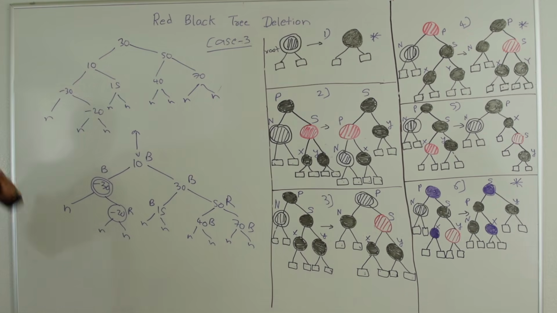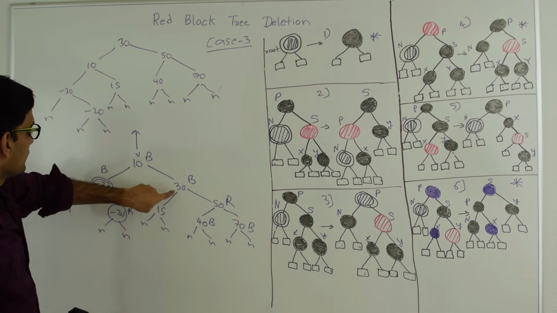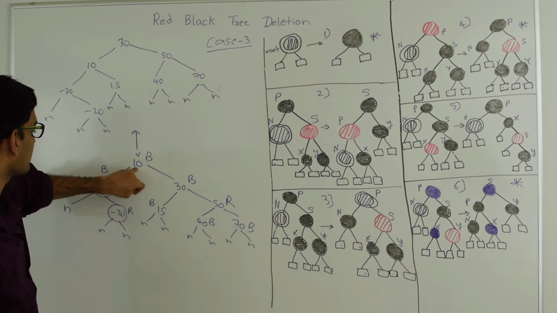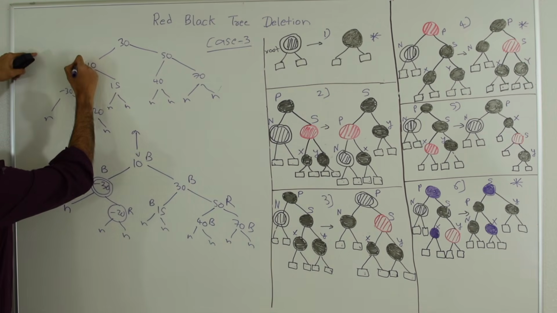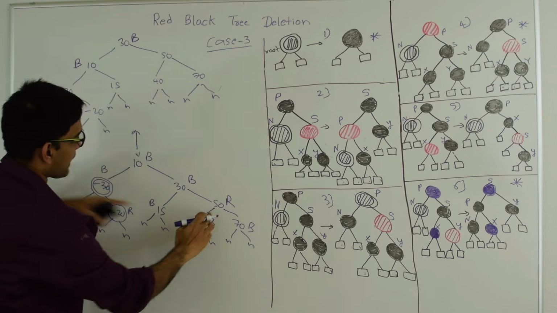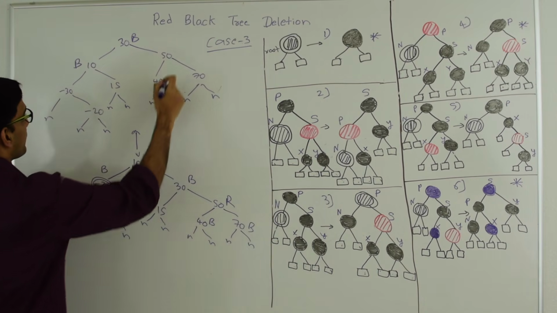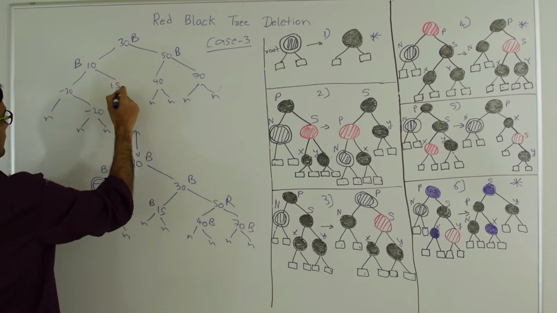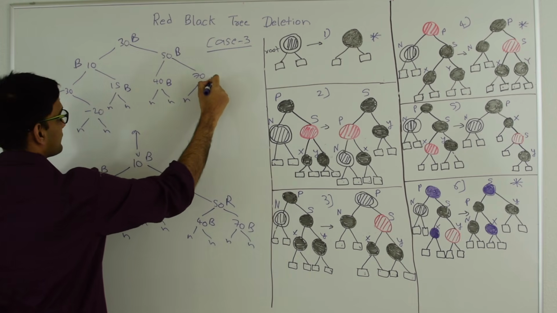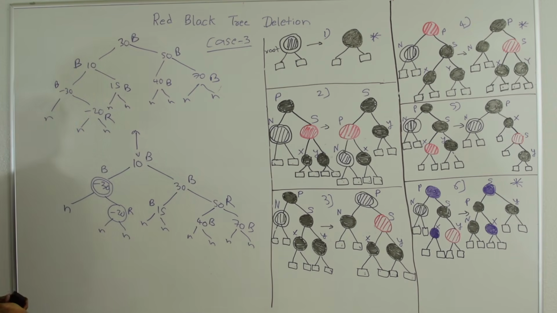So now, in case 6, if you remember, we change the color. So this takes the color of this, and this becomes black. So this was already black, so it stays black. And this takes the color of 10, so it becomes black. And this child also becomes black. So 50 also becomes black. So this becomes black. And the rest of the guys keep their same colors, which is black. And this stays red. So after doing this transformation, you can see the count of black nodes now is same